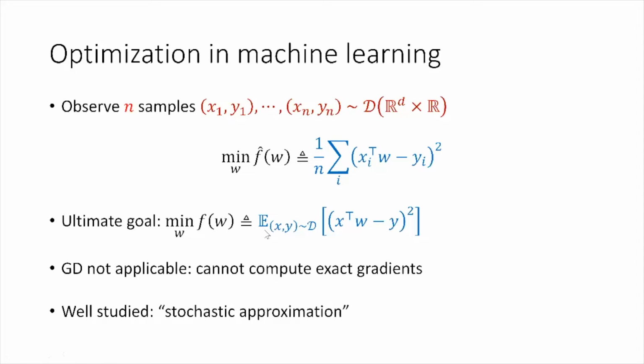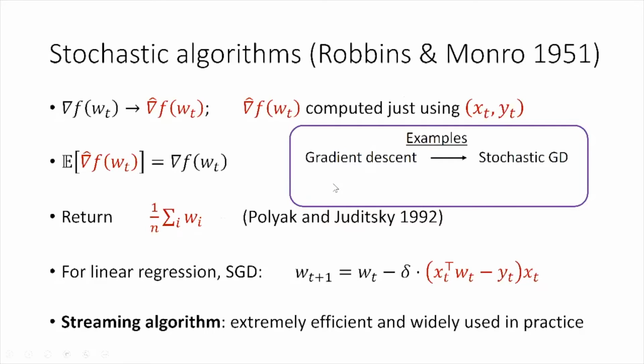So people have studied this in the context of stochastic approximation. Again, it has a very long history, going back 60 or 70 years. And let me now explain what this is. What is the algorithm that people have developed in this context, where we are getting samples and not expectations from the underlying distribution? So the original algorithm goes back to Robbins and Monro, and that's a paper which first introduced stochastic gradient descent. And the main idea is that instead of computing the gradient of f, you replace it with grad hat f,